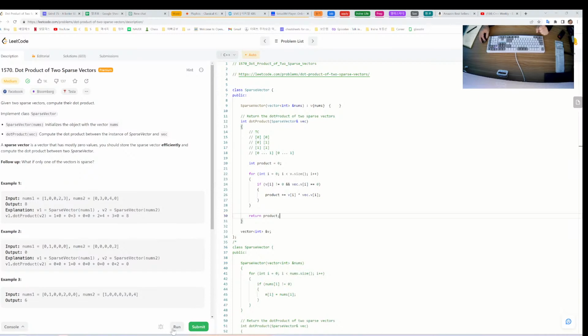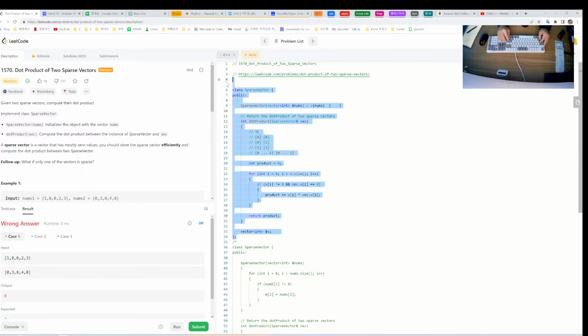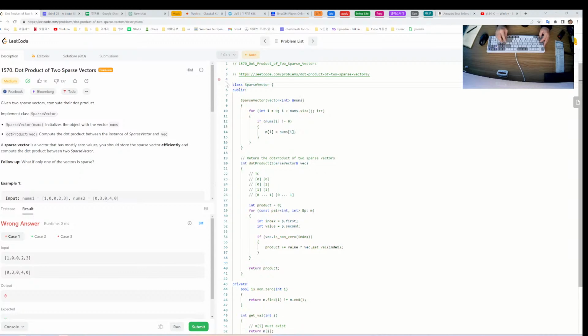I'm not sure whether this works. Yeah, maybe the value of vi is somehow changed, so this is some kind of